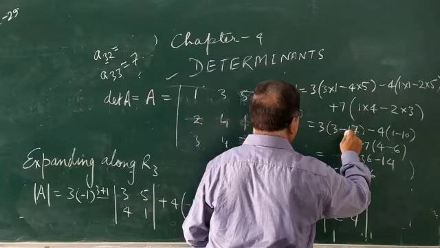See this, along R3 we get the value of the determinant as minus 29. You see the value of the determinant is minus 29. Just before, when we expanded along C3, the third column, we got the value of minus 29 for this particular determinant. What does it show? It shows that either along the rows or columns you can't get a different value, you always get the same value.